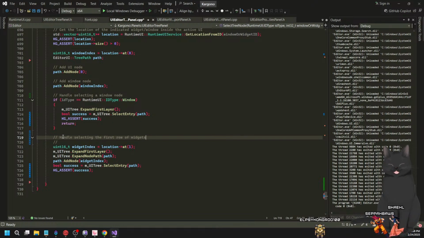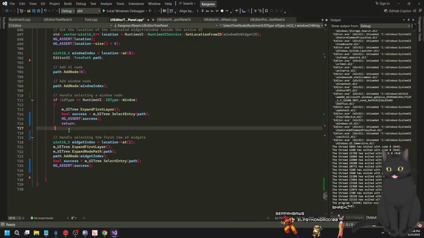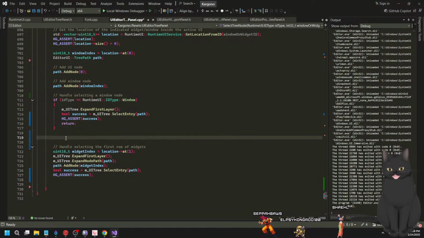Or actually, I can probably roll this up into just one big for loop. Before I had to separate them out,